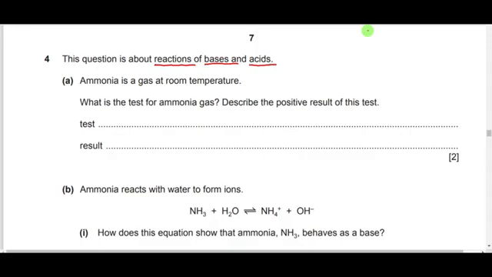Okay. What is the test for ammonia gas? Describe the positive results of this test. Now, what do we know about ammonia? One, ammonia is a base. Ammonia is the only known alkaline gas, and for the fact that it's the only known alkaline gas, it means that it will turn moist red litmus paper what? Blue, right? So it was a test